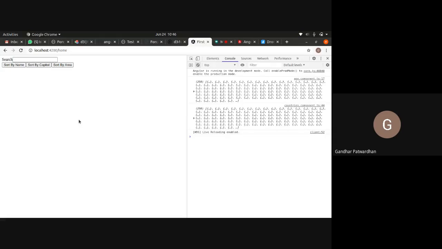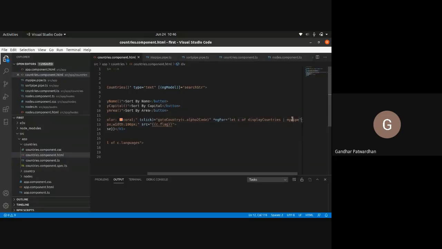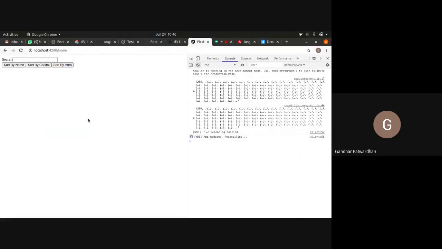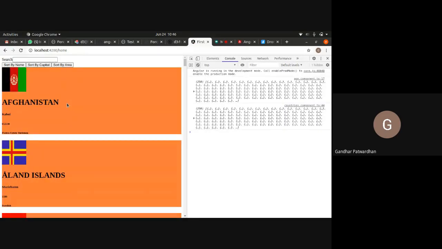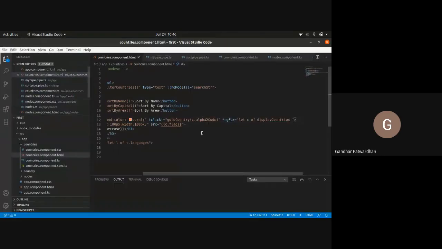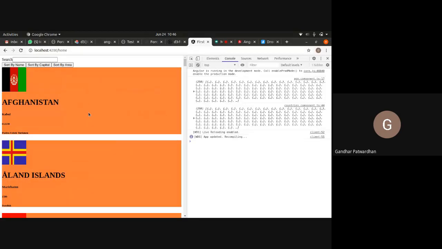Now let us apply some values here. If I remove this pipe, we'll get all our countries displayed. But if I apply this pipe, let's say my pipe, it will not display the countries.